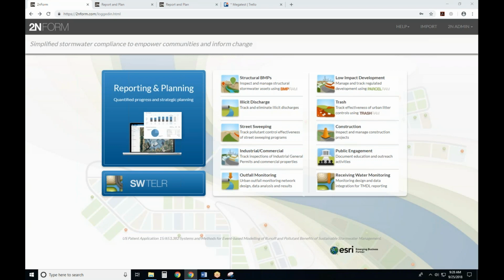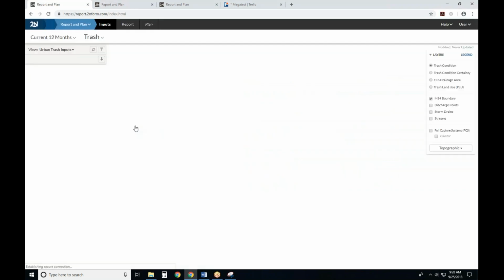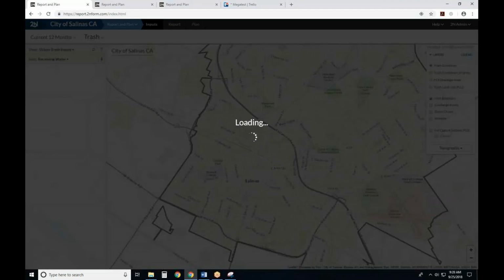I'm assuming that we would want to start with evaluating the end of the pipe, or what we call urban drainage outfalls, where it would be possible to treat the greatest trash priority land use, or PLU area, with a single device. I'm going to go into the reporting and planning section, and it's going to load right into the